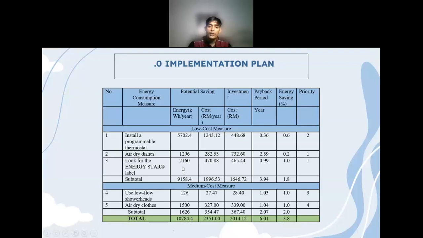So this total for this low cost measure and medium cost measure is 10,784.4 kilowatt per hour per year and the cost that can be saved from these two measures is 2,351 ringgit, and the investment cost is 2,014 ringgit and 12 cents. And the payback period is 6.01 per year, and energy saving is